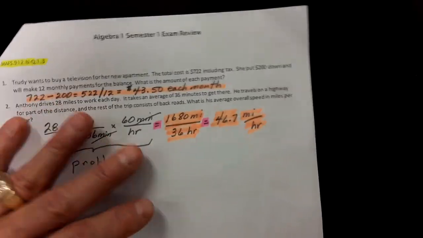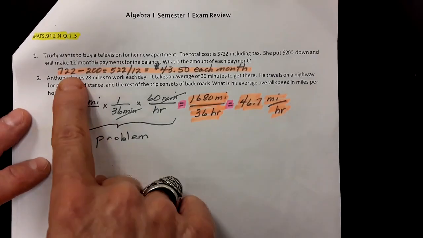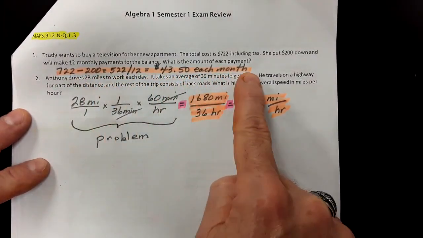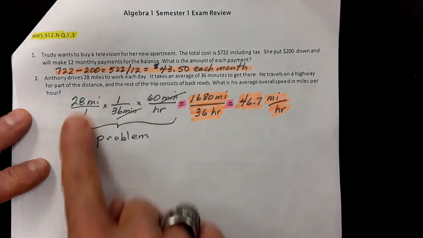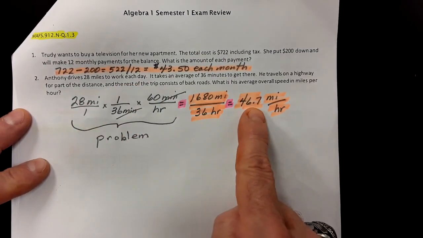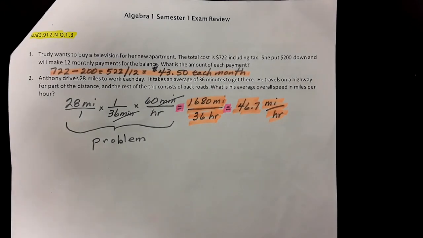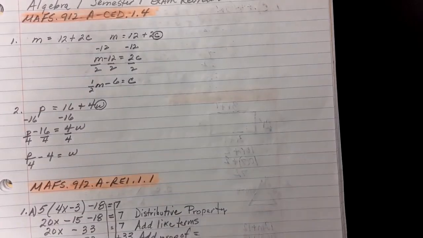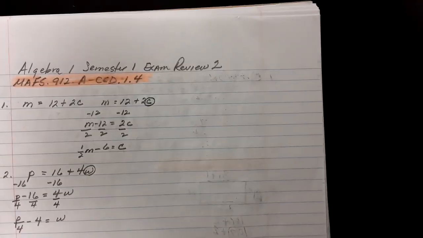Same thing with that one, and then that one. And then the last problems were this. That's how you do that problem. And this is how you set up this problem here, and then simplify it, and then get your answer. So there's your notes there. That's 5 minutes, but these are the problems and how I did them if you went problem by